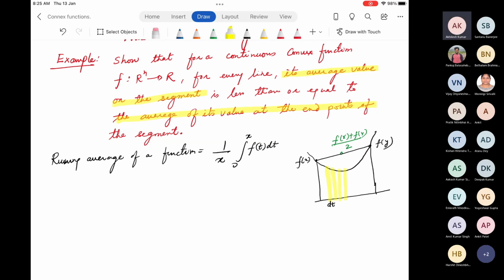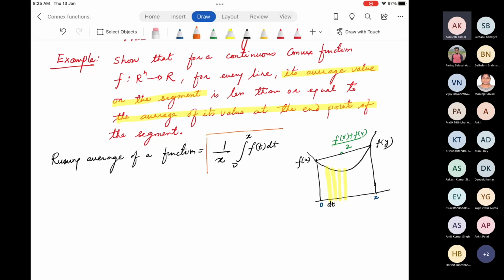Yes. And you want to average them. So what do you need to do? If this is between 0 and x, let's say 0 will be somewhere over here, but it's okay, I'm running it from 0 to x. I have to find the area under the curve and divide by the length of that segment, which is between 0 and x. That will give me the running average of a function. Is it clear what this represents?